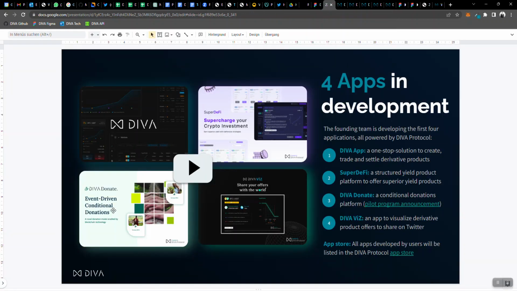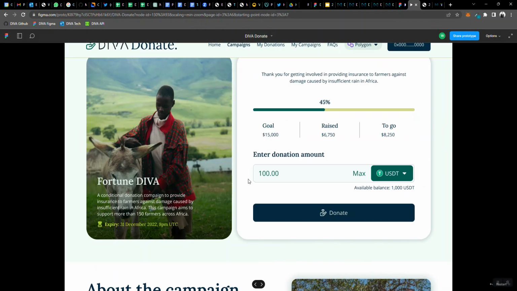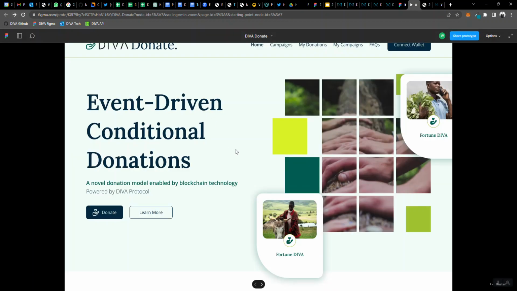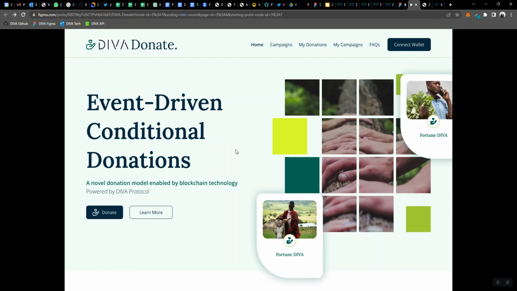And then the third app is an event-driven conditional donations platform, which I can also show you here briefly. One sec, it's loading. Yeah, so the idea here is that the operator of this platform would create campaigns where donations are triggered based on a predefined external event.